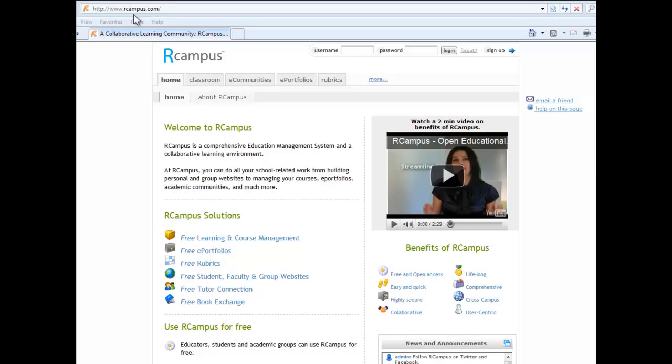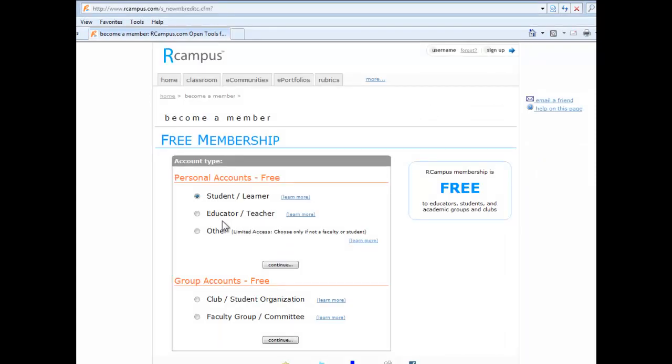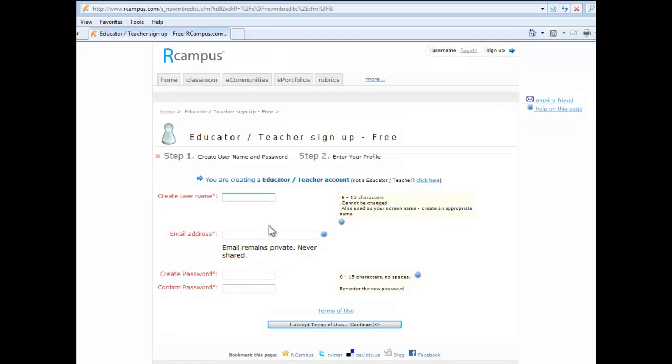Alright, so to get started with Rcampus, open up a browser and enter rcampus.com as your URL. And when the screen comes up, you're going to want to click on this sign up button here, which is then going to take you to a screen that looks like this, where you're going to want to click on educator/teacher and then click on the continue button here, which is going to bring you to this screen where you're going to enter a username, an email address, and a password,